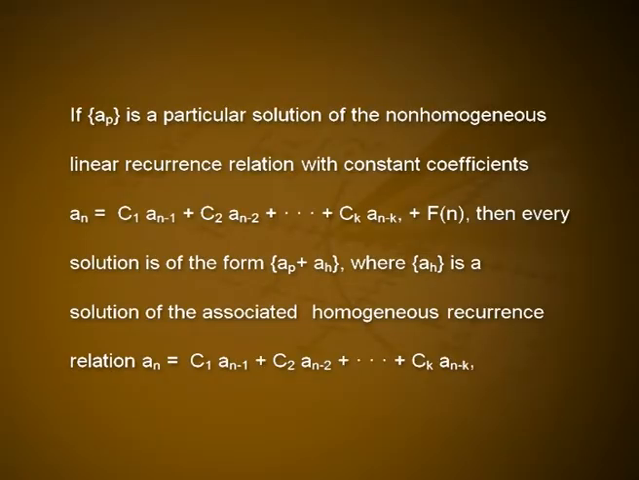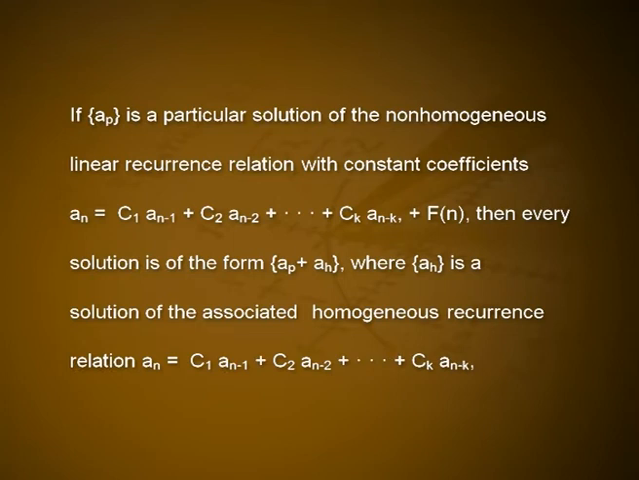The key fact about linear non-homogeneous recurrence relations with constant coefficients is that every solution is the sum of a particular solution and a solution of the associated linear homogeneous recurrence relation, as the following theorem shows. Theorem 12. If a_n^(p) is a particular solution of the non-homogeneous linear recurrence relation with constant coefficients, a_n = c_1 a_{n-1} + c_2 a_{n-2} + ... + c_k a_{n-k} + f(n), then every solution is of the form a_n^(p) + a_n^(h), where a_n^(h) is a solution of the associated homogeneous recurrence relation